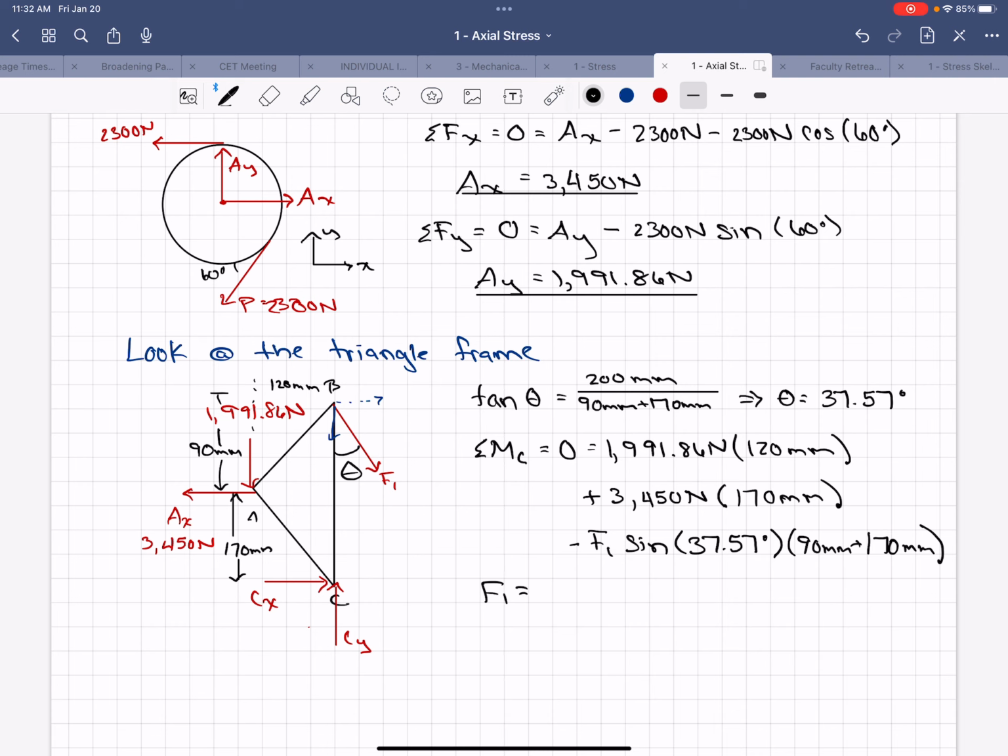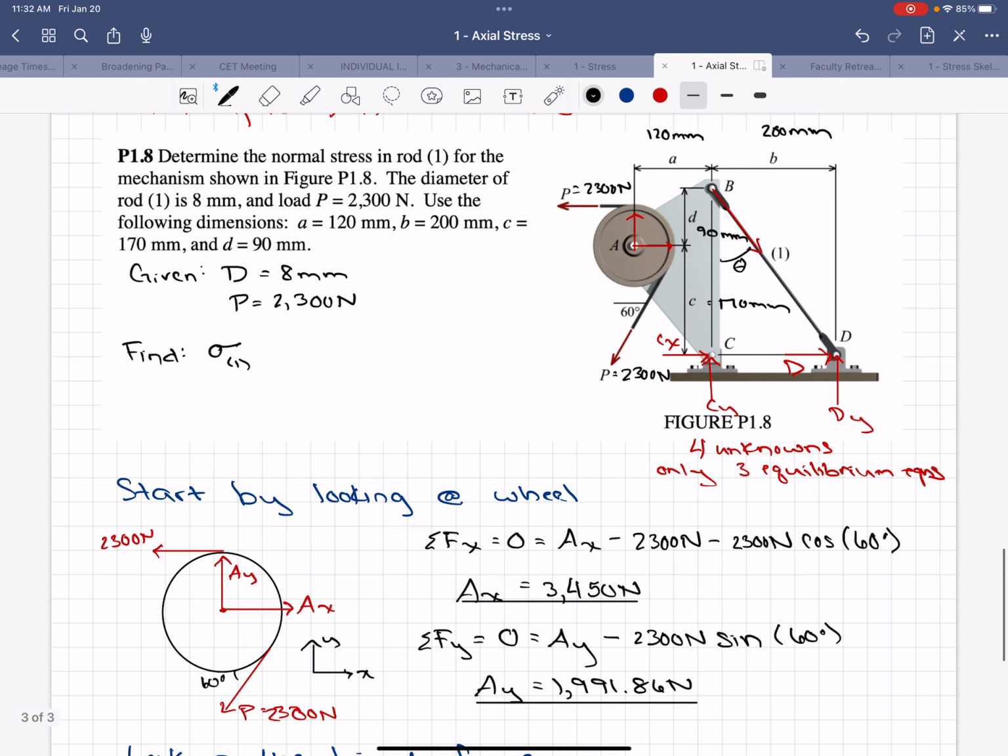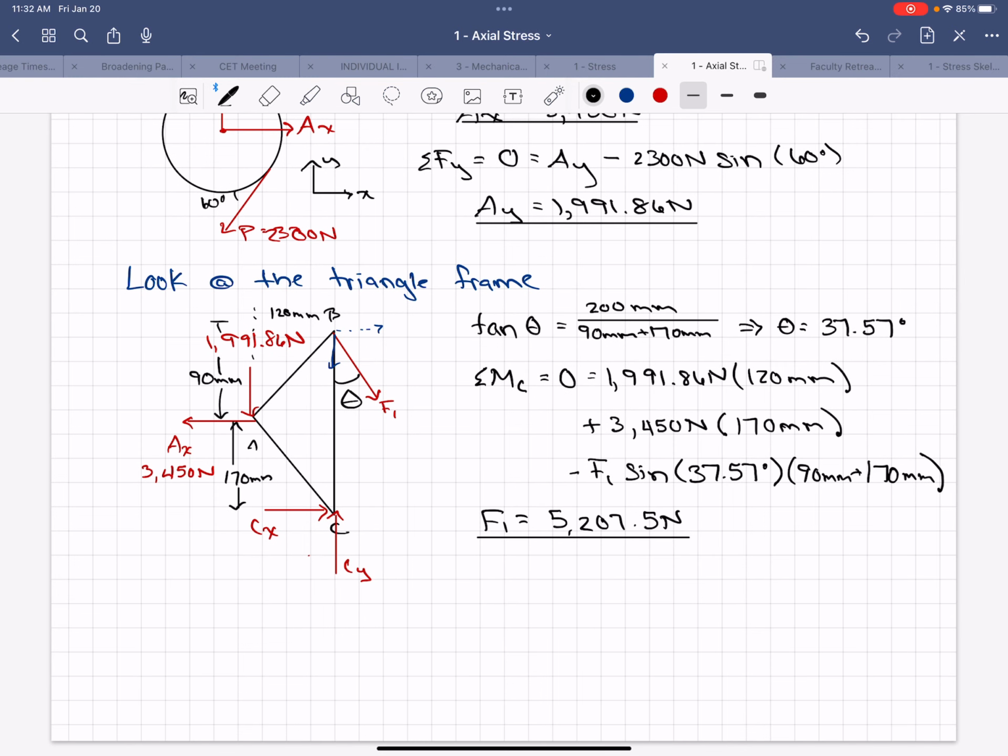And we find out that F1 equals 5,207.5 newtons. So that is the force that this bar feels. So that's our F. So what they want is stress. So normal stress is the force, the internal force, over the area over which that force acts perpendicular to the direction it's acting, which will be the cross-sectional area of that